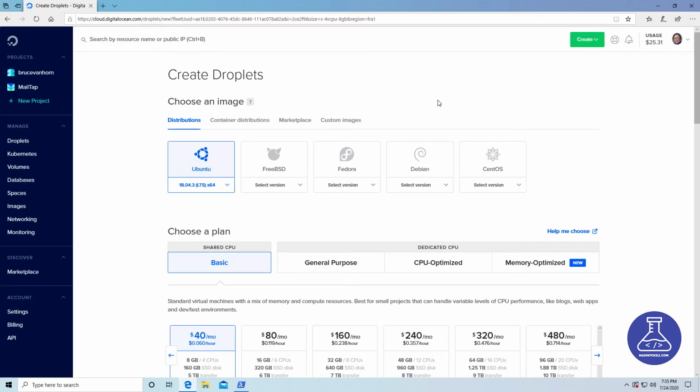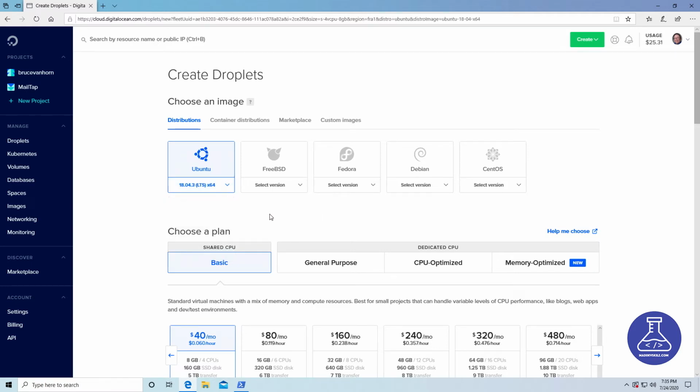And the first thing I'm going to want to do is pick an operating system. Now, it's already set to Ubuntu 18.04, which is what I want. You could change the version to something else if you wanted to. 18.04 is currently the long-term support version of this. There's also a 20.04, which is a later long-term support version of that. I'm going to stick with this one, though, just because I know everything's going to work. This is brand new, and they may have changed some things. So I'm going to stick with the one that I've been using for a long time and just stay with